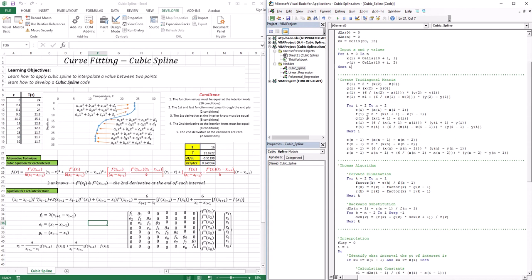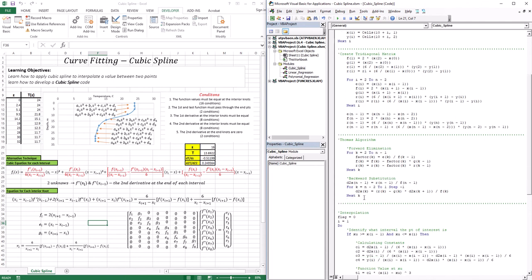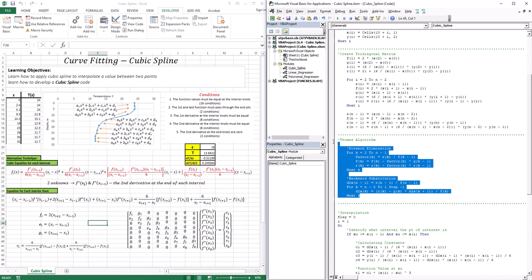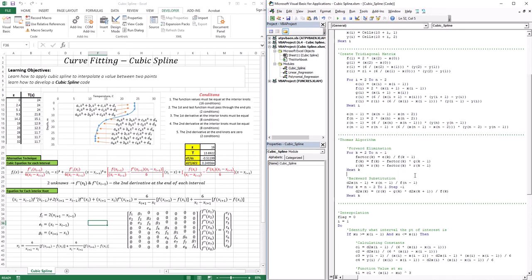So let's go through a brief outline of what the code is going to be about. The first thing I want to do is create my tridiagonal matrix. What I mean by that is I want to create this A matrix here and the B vector. After that, we're going to apply the algorithm that I've explained before, which is the Thomas algorithm that deals with this type of matrix when we have so many zeros involved. Now that we have solved this, I have all the 8